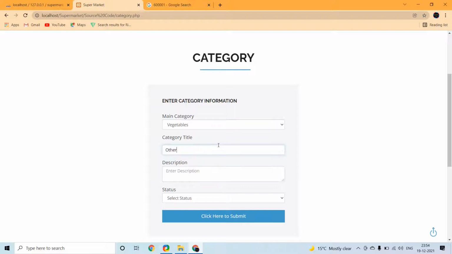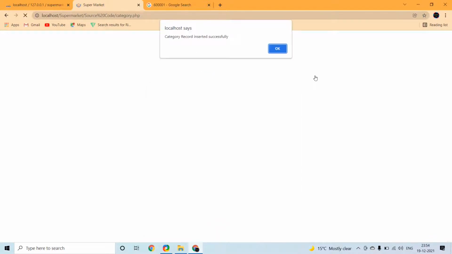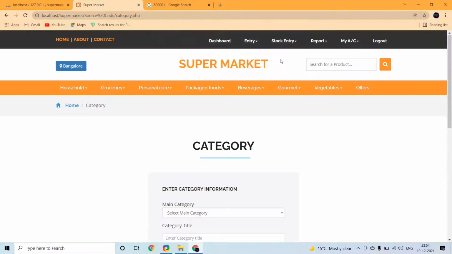Here I type others. See, in the vegetables main category and subcategory organic product and others, it has come in the menu list.